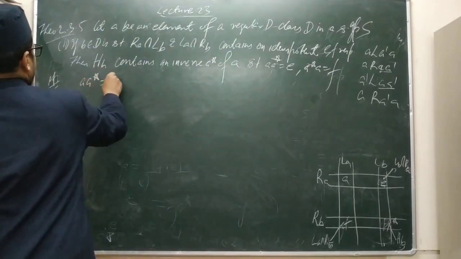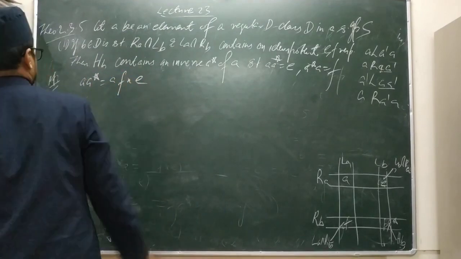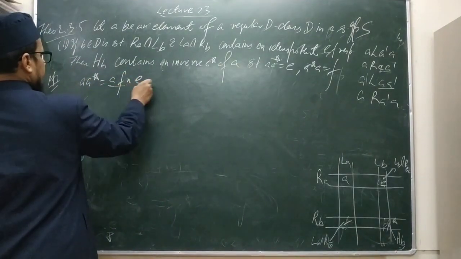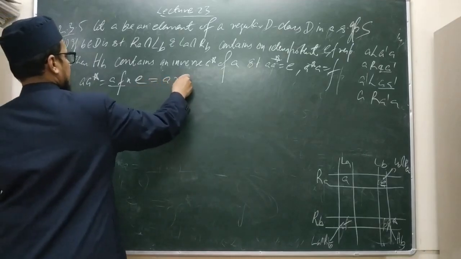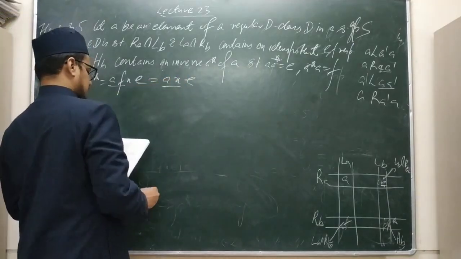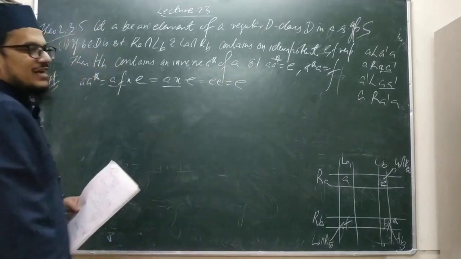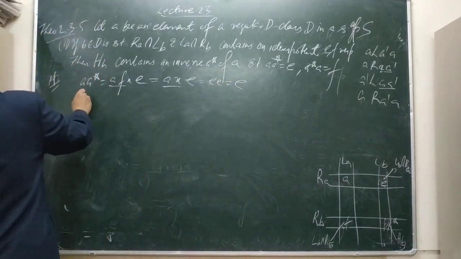Calculate A star, that is AFXE. And what is AF? This is A X E, and what is AX? AX is what? E into E, that is E. So we have proved A star is equal to E. Now similarly we can show that